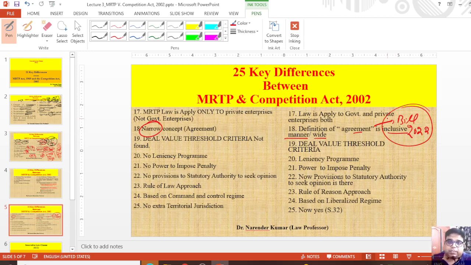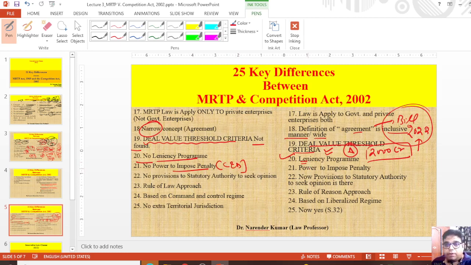किए गए हैं ना। नेक्स्ट इज दैट डील वैल्यू थ्रेशोल्ड क्राइटेरिया नॉट फाउंड इन एमआरटीपी. Deal value threshold criteria, but deal value threshold criteria right now is in competition, और इसके अंदर भी चेंजेस की बात की है जो 2000 करोड़ की मैंने अभी बात की एज पर करंट बिल। नो लीनियंसी प्रोग्राम वहां पर नहीं था हमारा, आज की डेट में हमारे पास है, बट स्टिल वी नीड टू इम्प्रूव इन दिस लॉ ऑल्सो। नो पावर टू इम्पोज पेनल्टी क्योंकि यहाँ पर सीज और डाइजेस्ट ऑर्डर आपके पास किए जाते थे